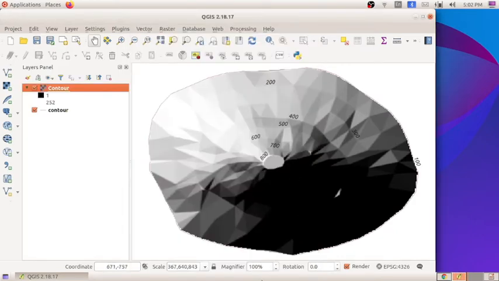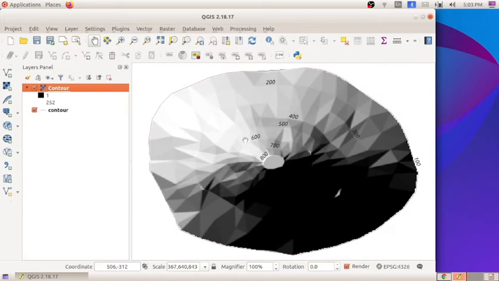So now you can see the contour lines in QGIS software. We can see the contour lines in a 3D effect. So I hope it is clear to all of you. So these are the methods. One is for adding the contour line, and then as the second step, for labeling that.